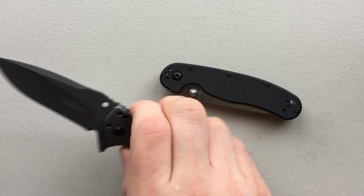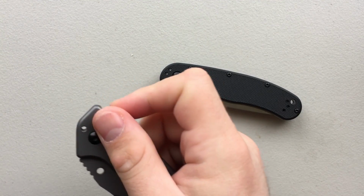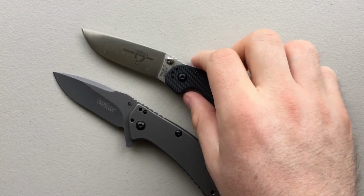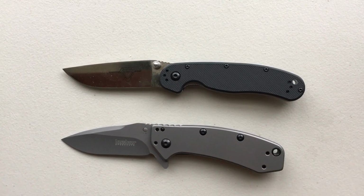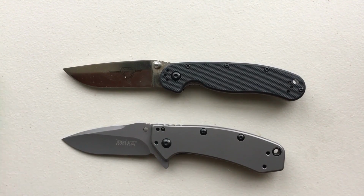So both of these knives are just excellent. I can't say anything less about them. And they're both gems on the Nick Shabazz standards. Absolutely great, and both of them are highly recommended. But at the end of the day, there can only be one. So we got to figure out who that is. So which knife is the final winner? The winner of Thrifty Thursday and the very best knife under $35? Well, that one's hard to say because...